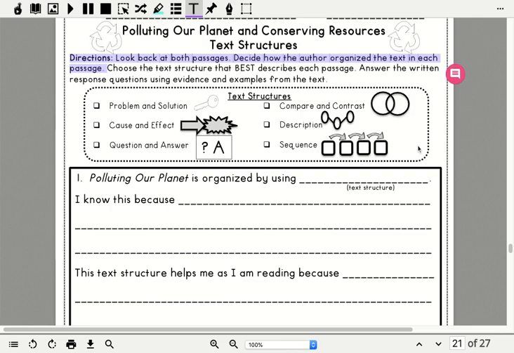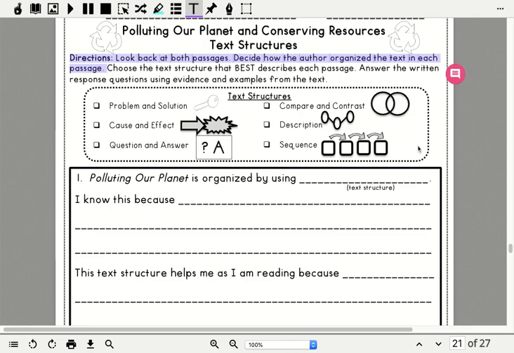Not only is the planet impacted by pollution, but humans and animals and natural resources are as well. There are 3 types of pollution: air pollution, water pollution, and land pollution all cause problems on Earth. Okay, so